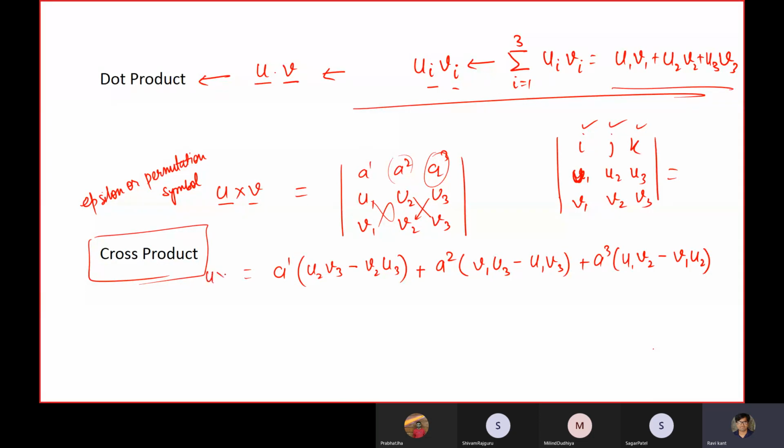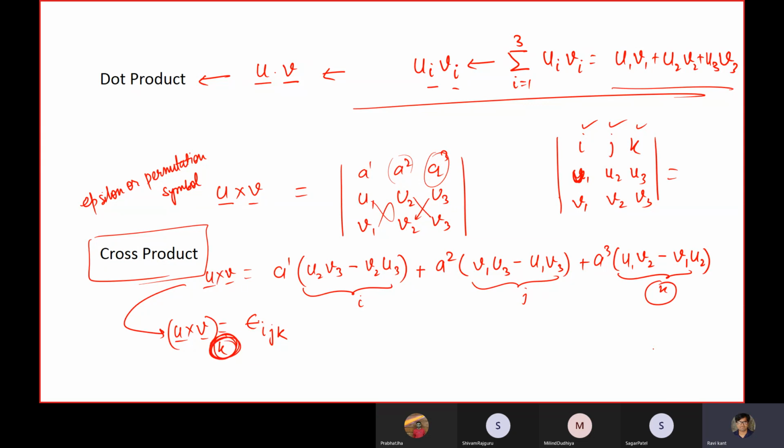So can we write, so this is u cross v. Just tell me, can we write this in terms of u cross v as epsilon ijk? So basically the kth component. What I'm deducing here is that this is my ith component or first component, this is my jth component or second component, and this is my kth component. Okay, so when I am talking about the kth component,